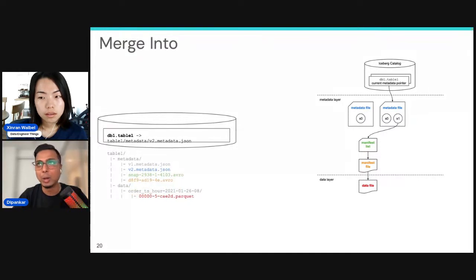So, this is now the current state of the table after the insert. Now, let's say we want to do some upsert. So let's say we ingested some data into our staging table, and we want to do a merge into,